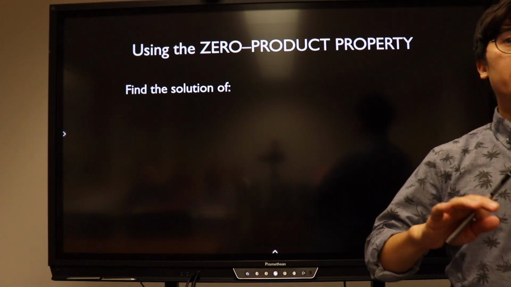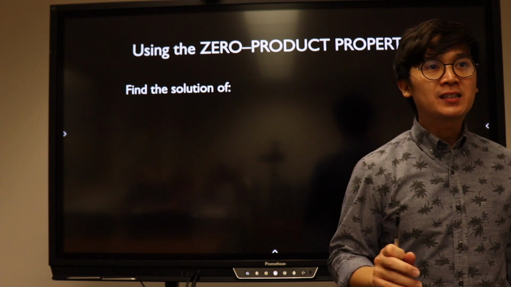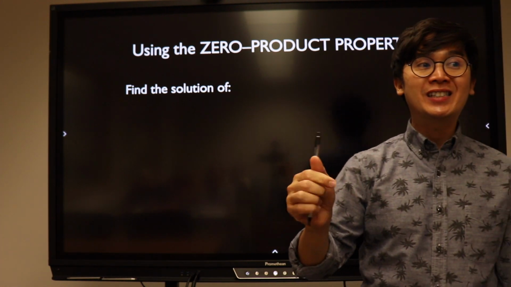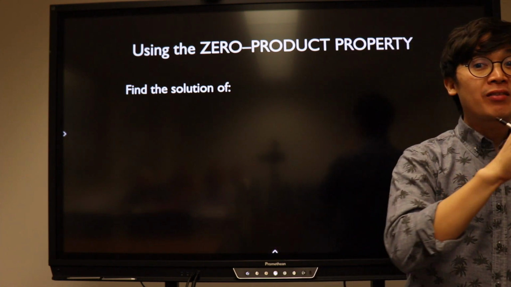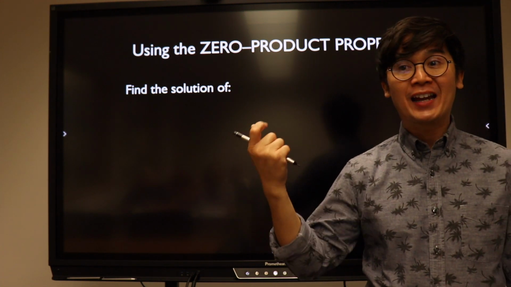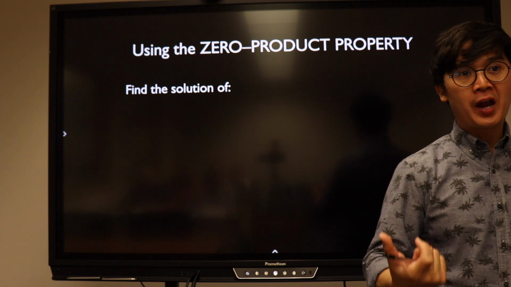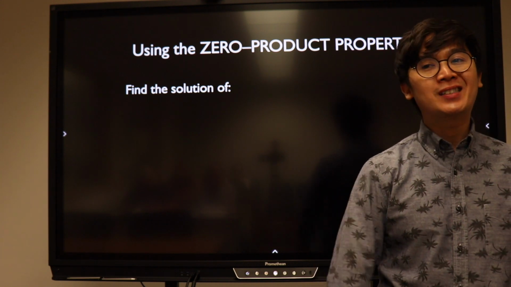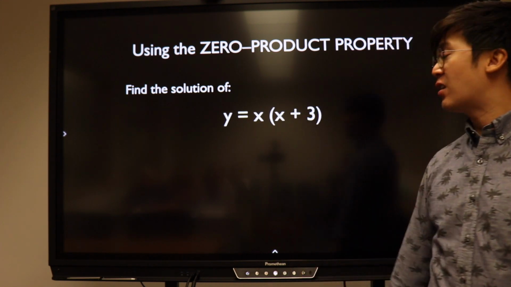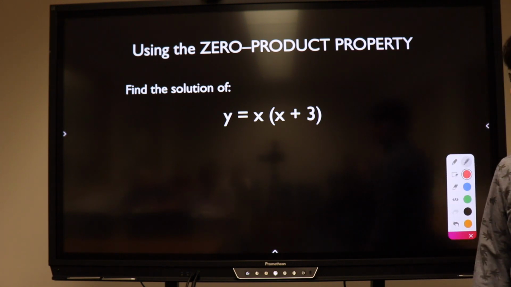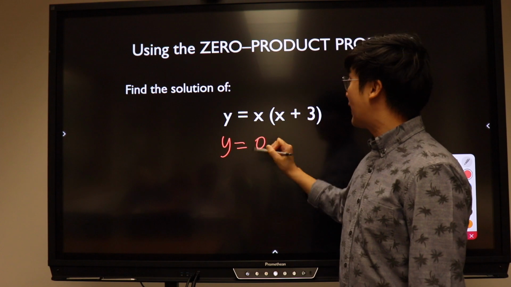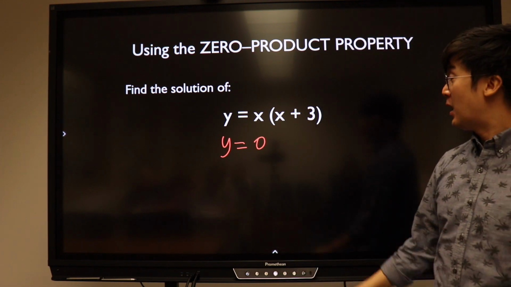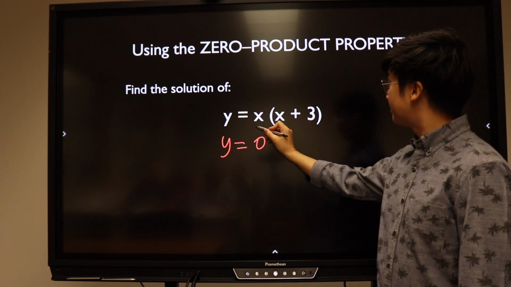This is a certain property in mathematics where it says that if the function is in factored form and you're finding its solution, all you need to do is set both factors to 0 and solve for x. And that's how you will find your solution. So we'll keep it simple. We have a function, and the function is x times (x + 3). And according to the zero product property, if we equate y equal to 0,